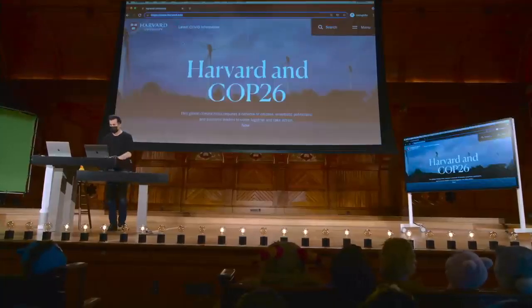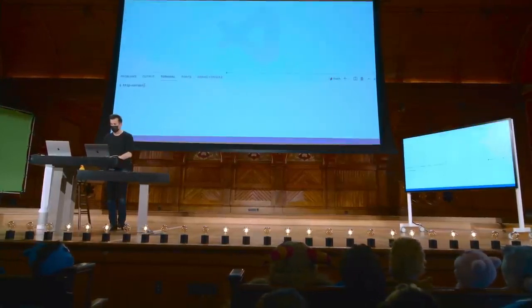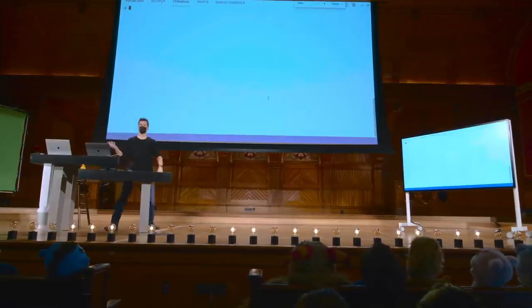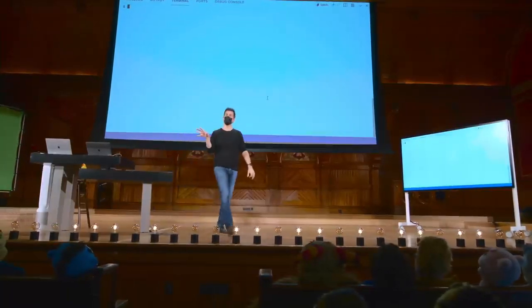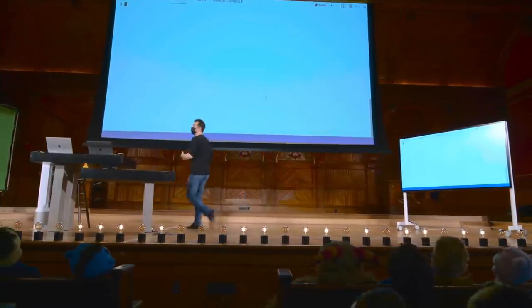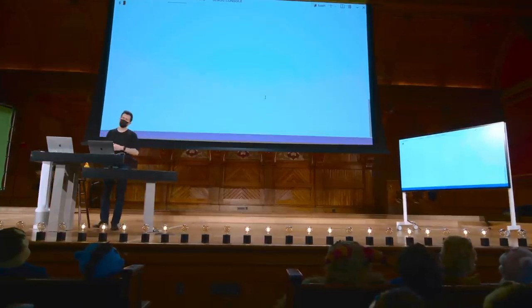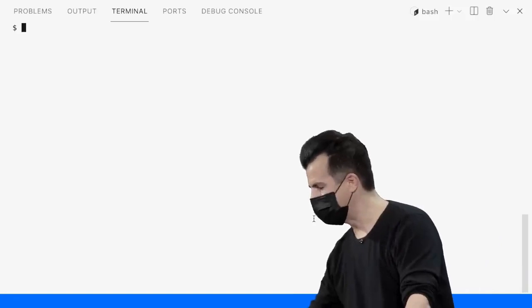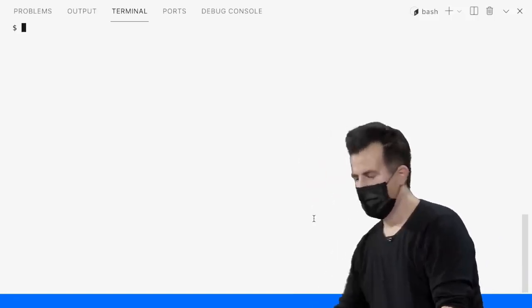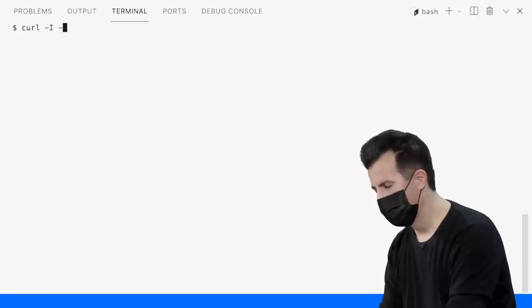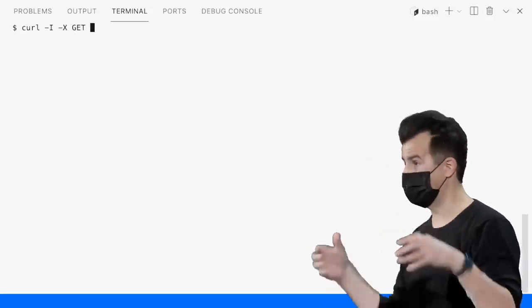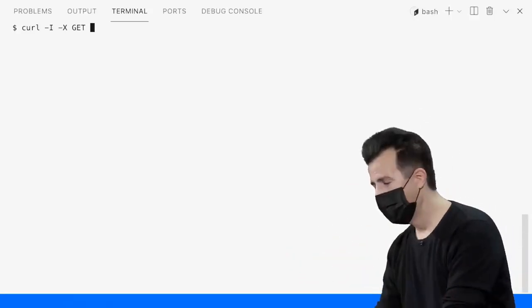Well, let me zoom out and let me actually go into VS Code, if only because it's a little more pleasant to do things in just a terminal window without actually using a full-fledged browser. So now let's just use an equivalent program. It's called curl, for connecting to a URL. That's going to allow me to play with websites and just see those headers without bothering to download all the images and text and so forth from the website. It's going to allow me to do something like this. Let me go ahead and run, for instance, curl -i -X GET, which is just the command line arguments that say simulate a GET request textually as though you're a browser. And let's go to